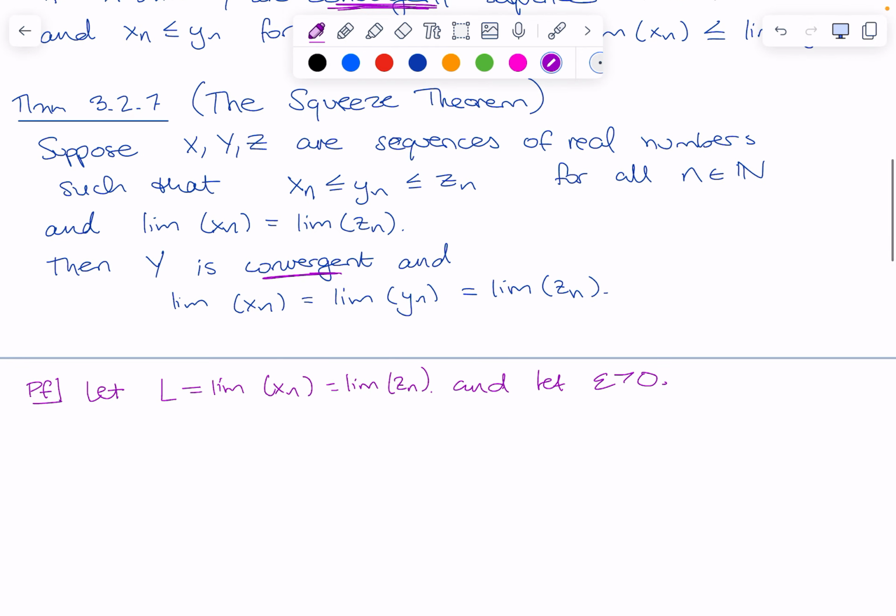What do we know? Well, we know x and z converge, right? Those are convergent sequences. So there exists